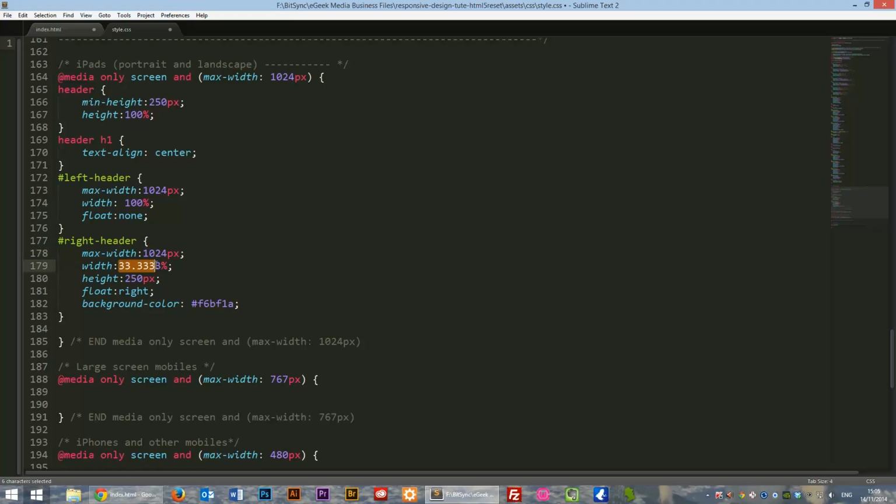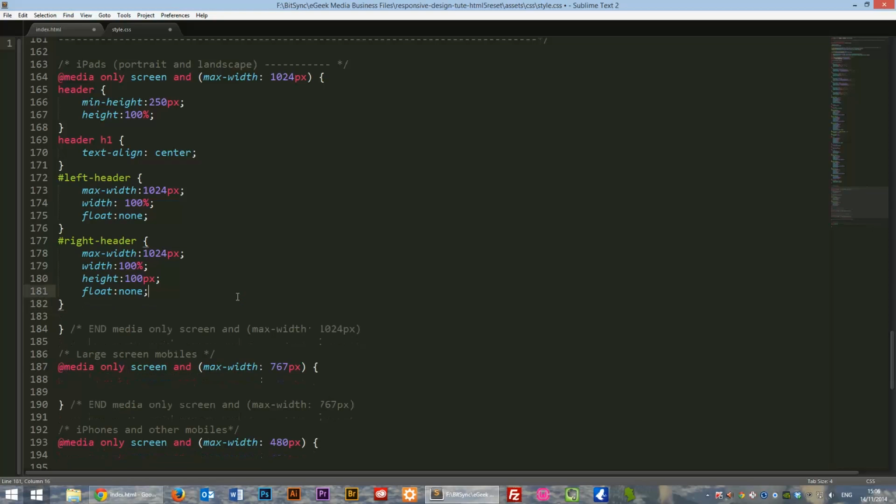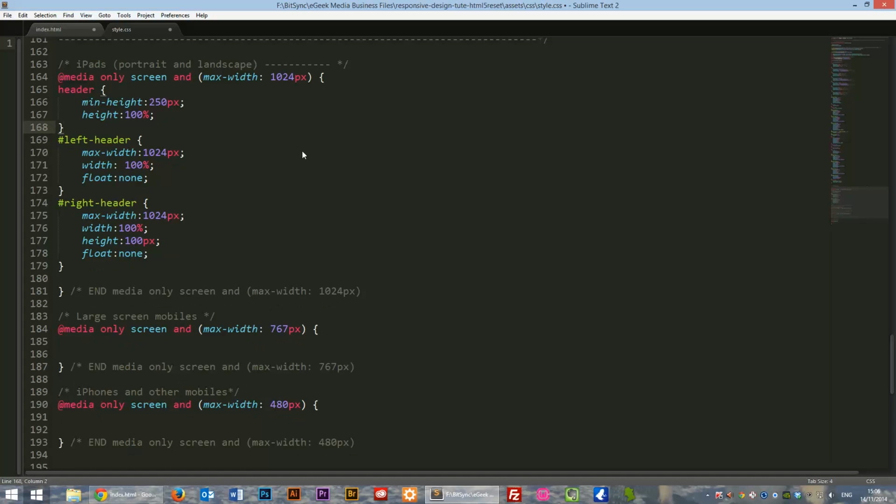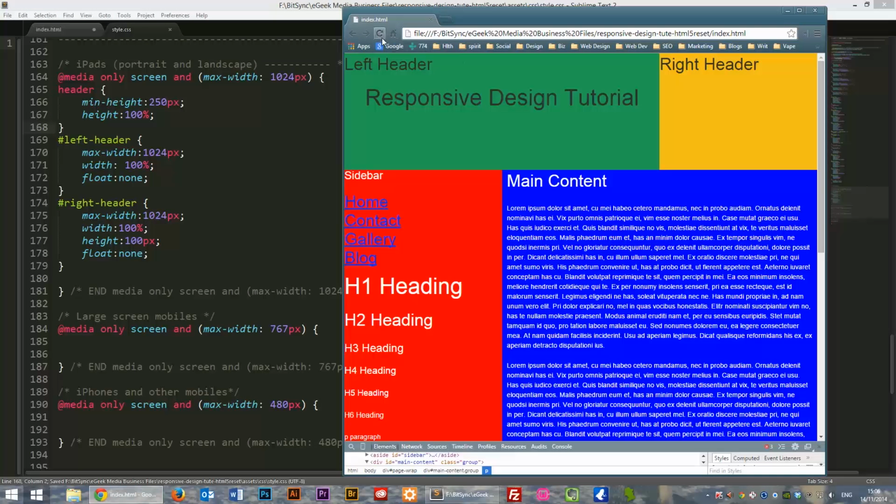And we want to give that a width of 100% as well. And maybe we'll just change the height on this one, just to show you that it can be done. So give that 100 pixels, give that a float of none, and we'll get rid of the background color for now. We can also get rid of this header H1 because we're not making any changes to that. And click save. Now if we refresh,